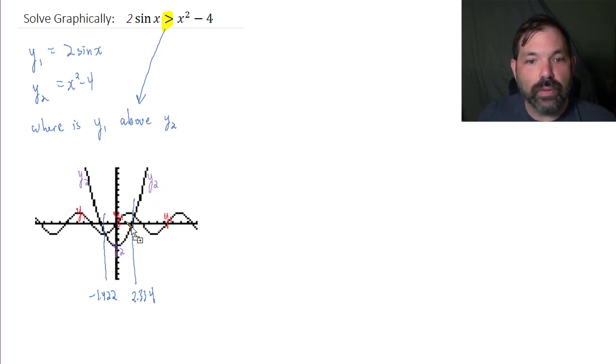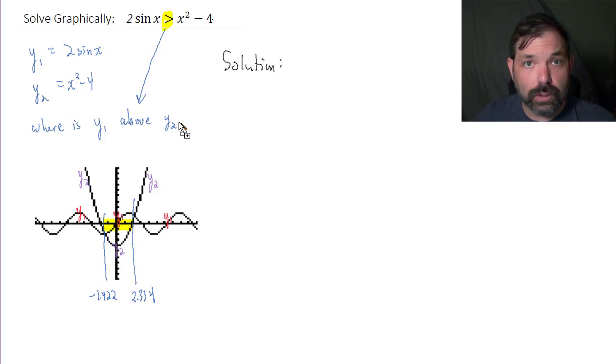And over each of these three subintervals, I literally ask myself, where is the y1 above the y2? All right, so over the first interval, is the y1 above the y2? No. Over the second interval, is the y1 above the y2? Yes. So here, this is a good region. Over the third interval, is the y1 above the y2? No. So therefore, the solution